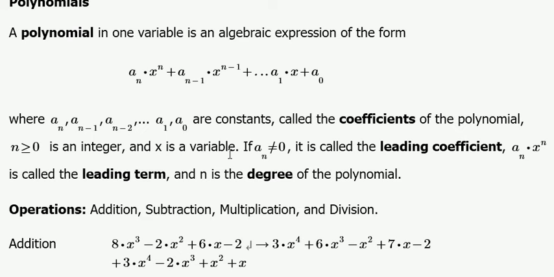If a sub n is not equal to 0, it is called the leading coefficient. A sub n times x raised to the power n is called the leading term, and n is the degree